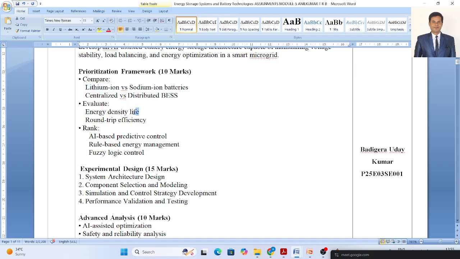So battery life you have to study. How much energy density is retained, what is the state of discharge, state of health and state of charge. Based on that, decide the life of the batteries. Energy density you have to check, and also see the efficiency, right? Efficiency I already told, output by input. That is what I explained about the efficiency in yesterday's session.